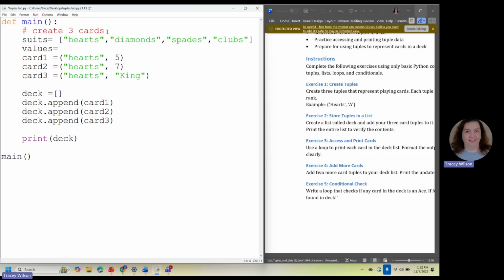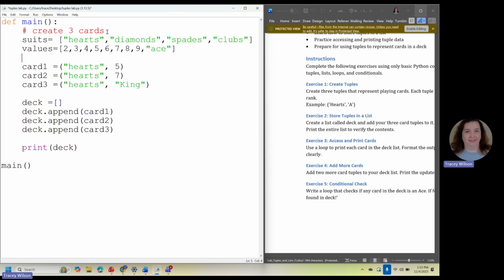I'm not going to list them all out because I don't want to be here all day, but pretty much you could have 2, 3, 4, 5, 6, 7, 8, 9, and then it's going to jump into ace, etc. Right? So I can have a list that looks like that. So I'll have 2 lists. Now I can do what we will do